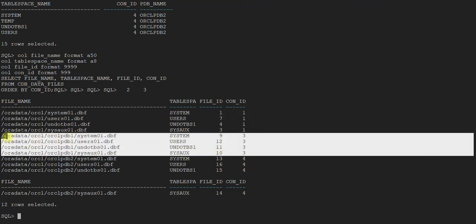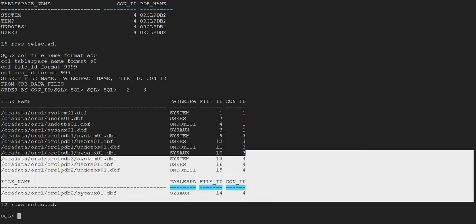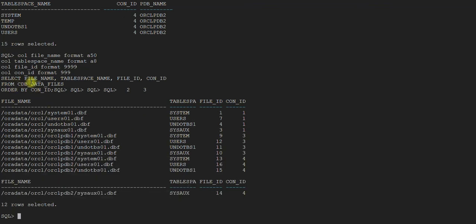These are the data files which are specific to ORCL PDB1. These are the data files which are specific to ORCL PDB2. So this is what it's showing.